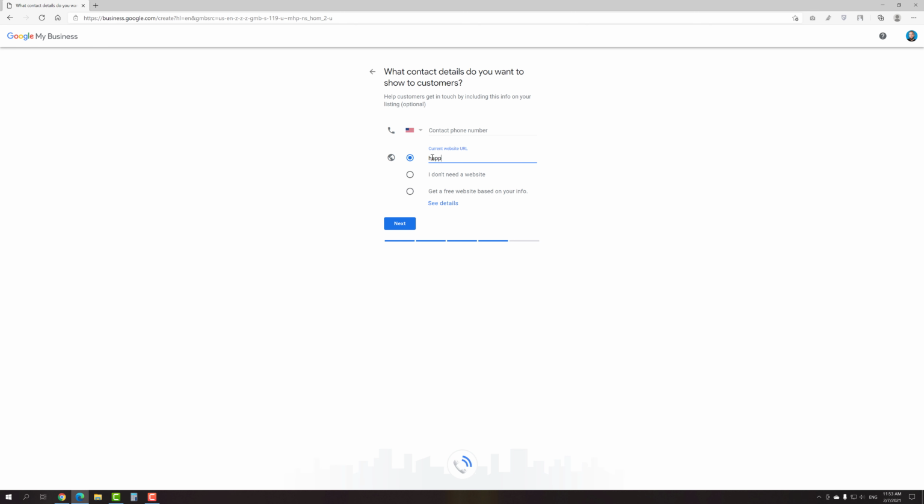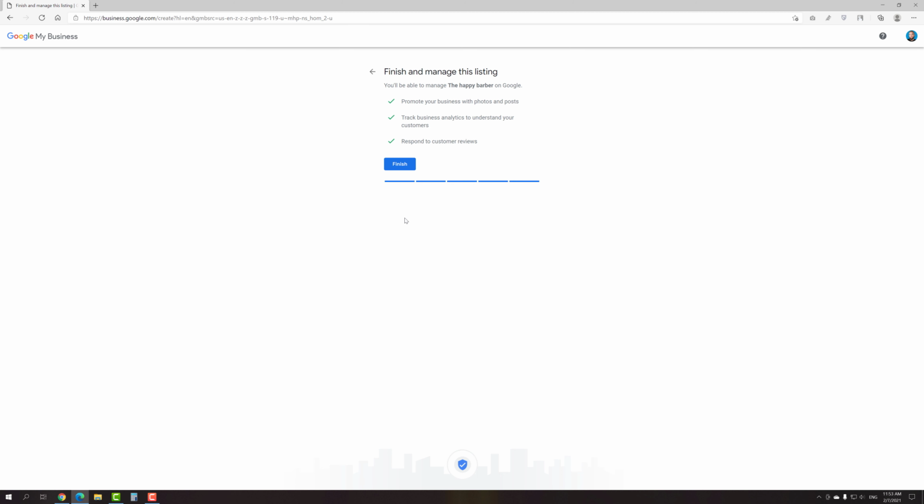By the way, if you don't have a website yet, I do not recommend you to select the option with a free site from Google anyway, because instead of a website, they will provide you just one useless and awful looking page which is hosted on a subdomain. Then just press the Finish button and you will be taken to the second part of the signing up process, where you have to verify that you are the real owner of the business.